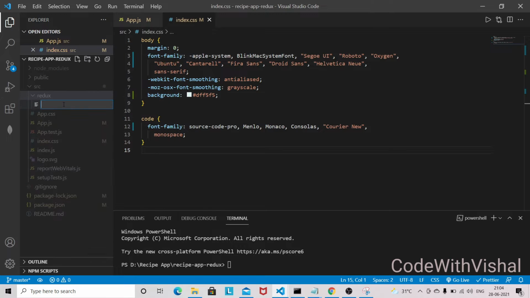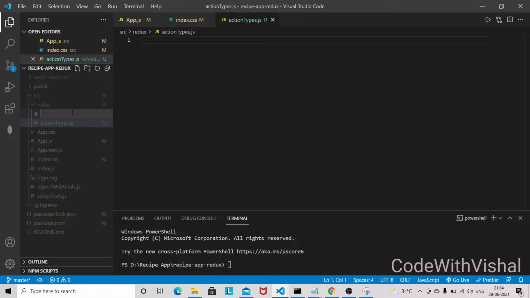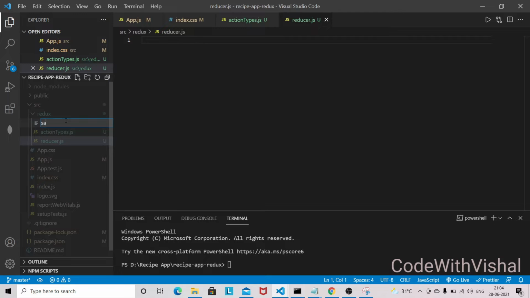So inside the Redux folder we will have action types. So actionTypes.js, then we will have one reducer.js, then we will have one saga file, because we are using Redux Saga in this project.